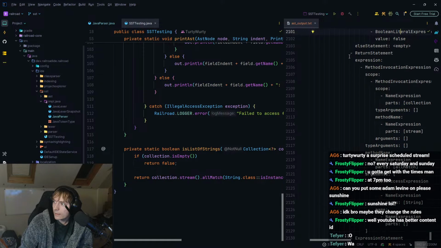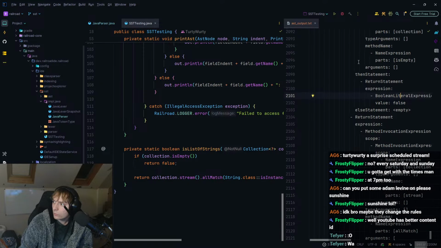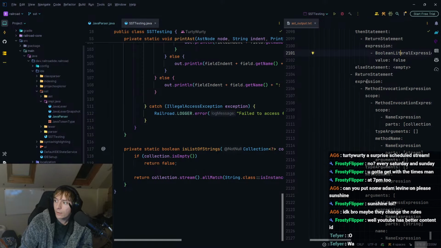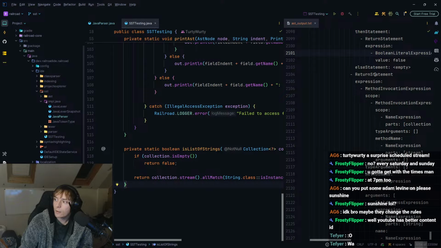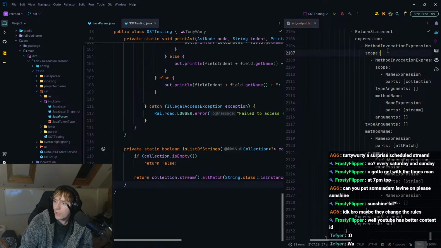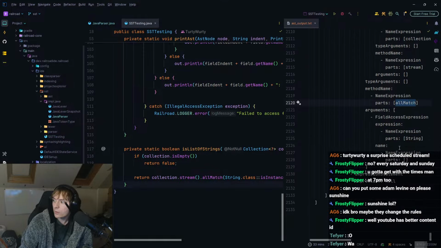Else we go ahead and return... Okay, yeah, it's not an else statement, but it is the else, because this could be a ternary statement, but that's besides the point. Method invocation expression of a method invocation expression, so that is collection.stream.allMatch. Then we have a...